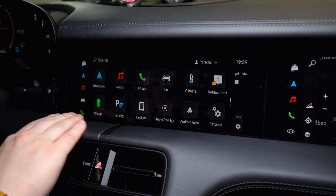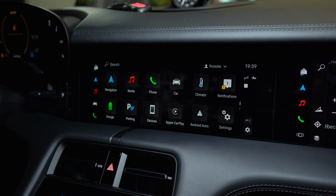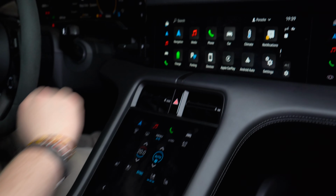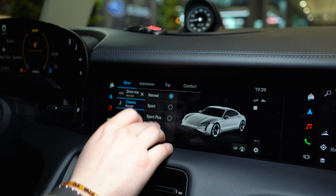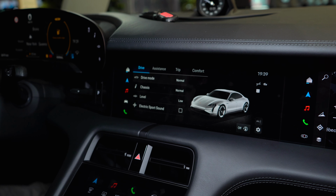The main difference is this screen here. They did do a lot of updates with it when it comes to the software, and it does look and feel really nice. And because this is the Porsche Taycan Turbo S, you have a lot of new features in here. You can go in here to car, you can change your drive mode, the chassis, you can actually lower, raise the car and everything,